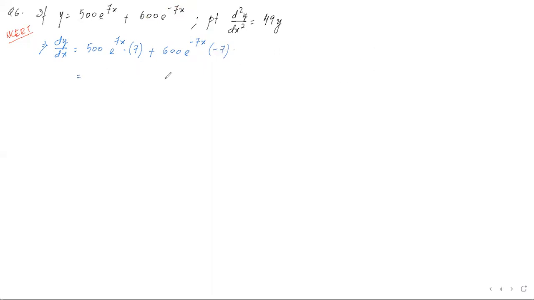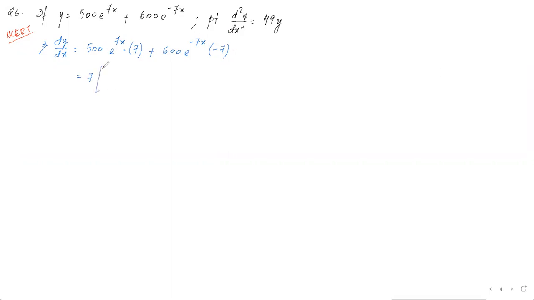In higher order derivatives, one more thing we need to understand is that at every step, if the function is getting simplified, if we can take something common, or some cancellation is happening, you should always proceed with that. Don't just blindly go for the double derivative because it might complicate your problem. So what can we see here? Many things can be taken common, but I will smartly take only 7 outside because this is an extra term and this is an extra term we obtained in this first order derivative.